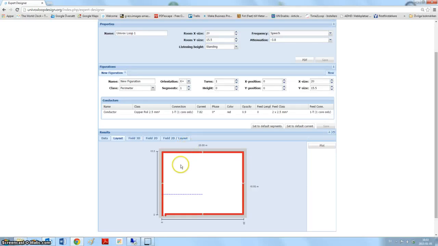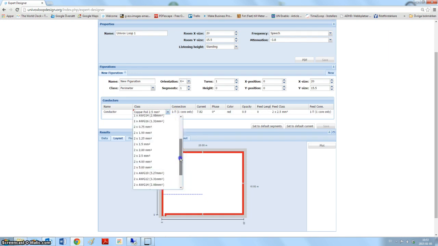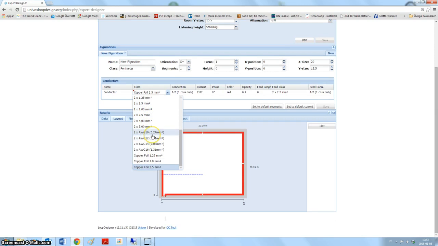So the second part of configurations, we're talking about this part here where it says conductors. We have a couple of choices that we can do. The first one is a class, or actually what type of conductor that we want to use. We have a number of preset conductors for you. Single core round wires in metric sizes. We have gauge size wires, single core, twin core metric sizes, and twin core gauge size wires,